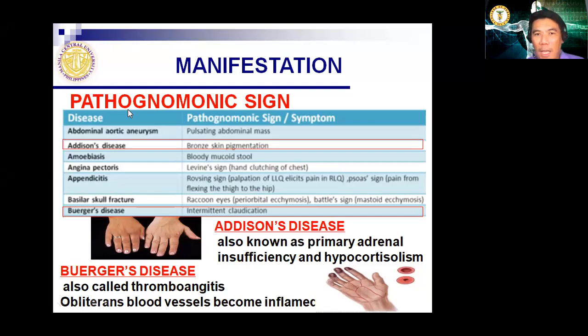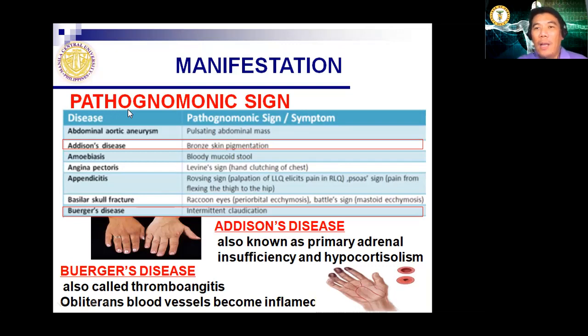And what is the pathognomonic sign of clients with Addison's disease? Usually, bronze skin pigmentation. I know you have discussed this in the integumentary system, that whenever we consider any kidney disease, one of the manifestations you will see is a change in skin pigmentation, and usually it's bronze. But when it comes to Addison's disease, these are identified with the adrenal glands. That's why it's insufficiency. From the term itself, adrenal insufficiency, the production of cortisol is insufficient. Next,